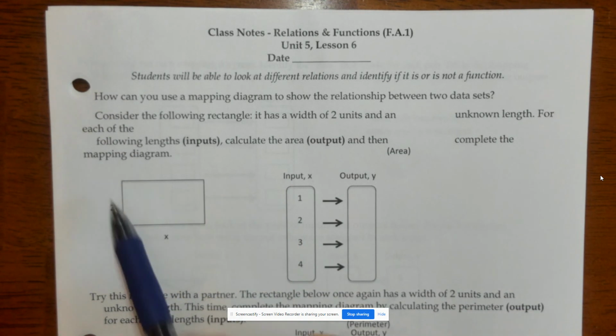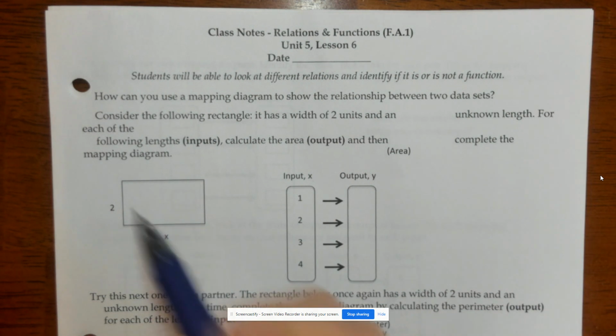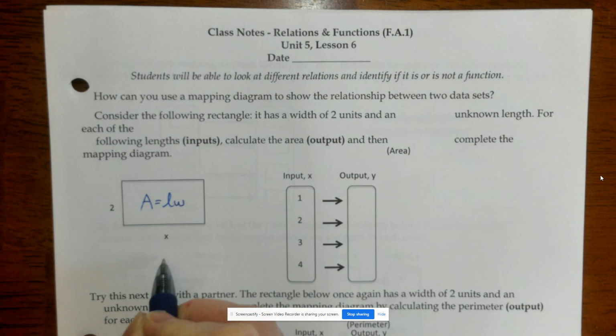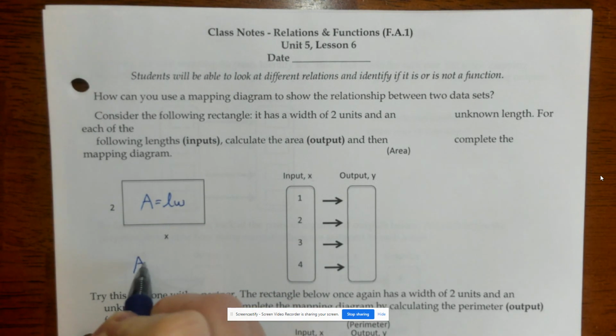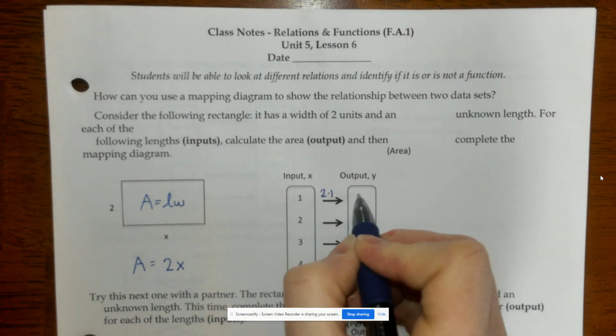This particular scenario, this first one, says, consider the following rectangle. It has a width of 2 units and an unknown length. For each of the following lengths in units, calculate the area. Okay, so what we need to remember first is that area is length times width. So in this case, area is going to be 2 times x. So if the input is 1, we're going to do 2 times 1 and get an output of 2,